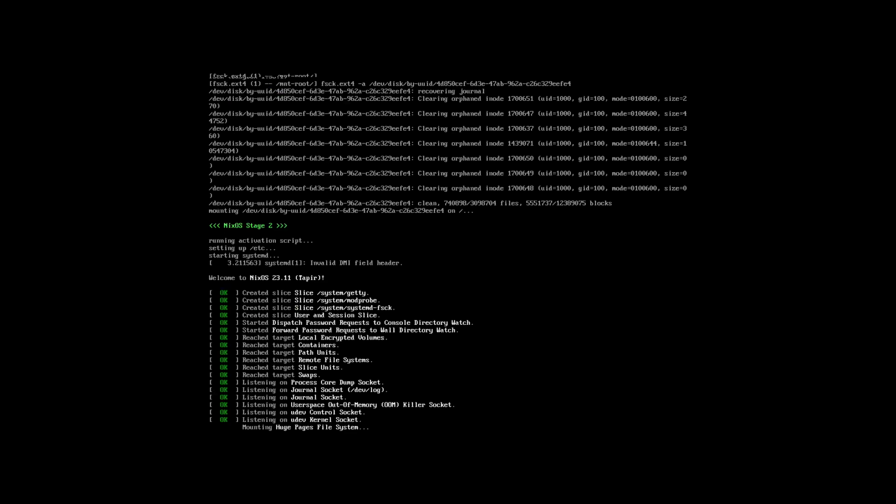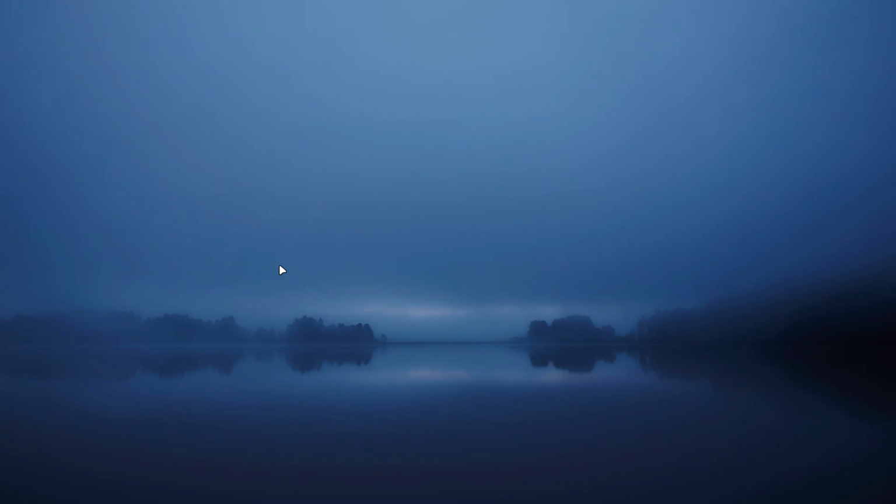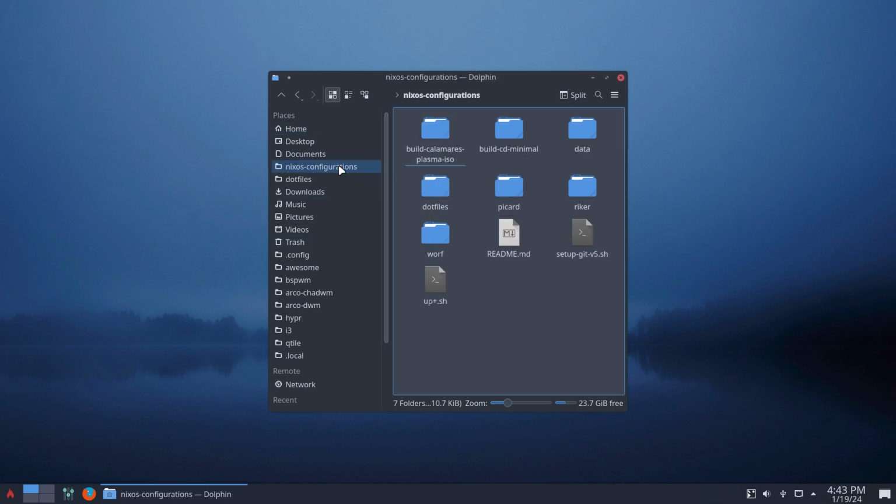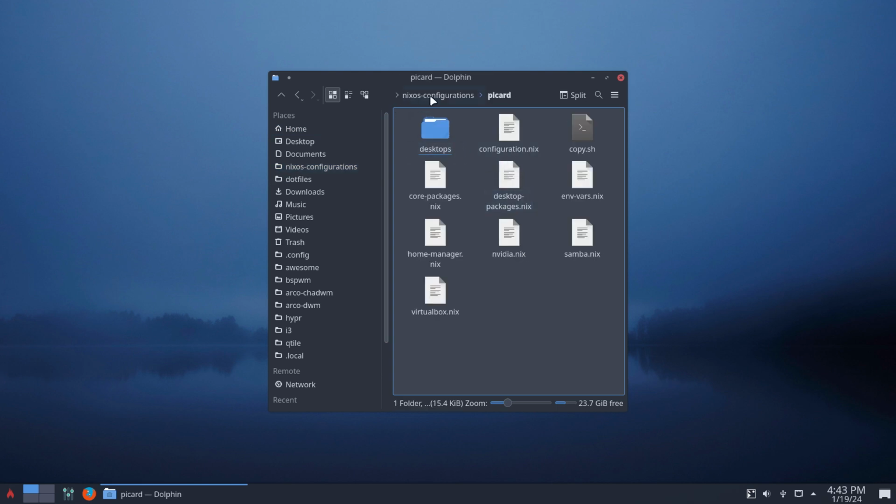Next thing I would like to do is go over the workflow. You can already see videos. Let's get rid of Plasma, get Awesome or Qtile or BSPWM, there are videos about that. Let's just go over what I've done to make my life easy. Put everything on the GitHub per PC, and then I tell him